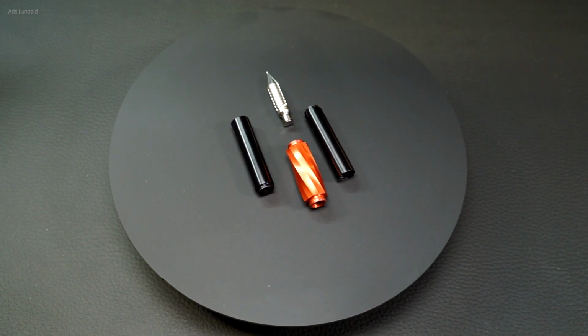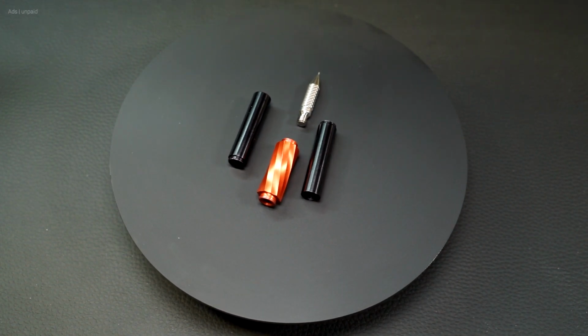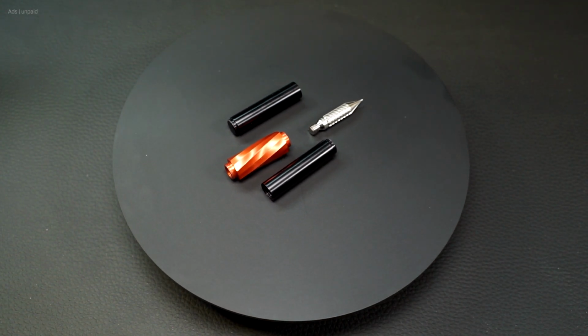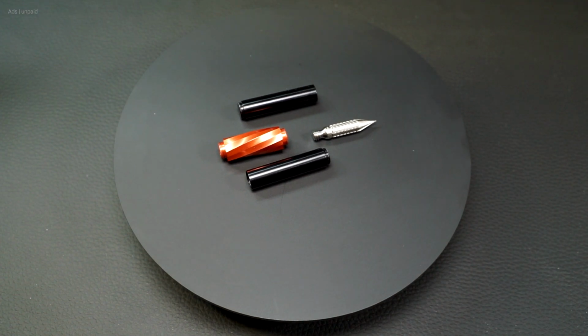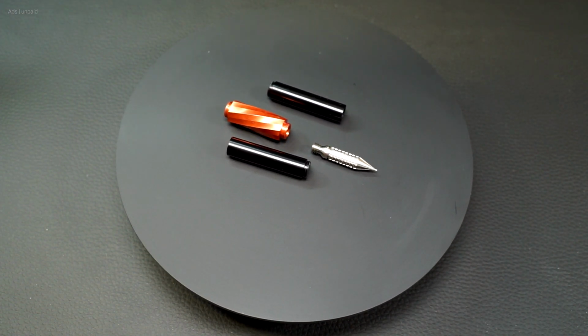Is it possible to recommend the Drillog? This is a bit of a tough one for me now. I don't want to advise against it, because I like the Drillog. But it is expensive. It is still suitable for my purposes, even if I would have preferred a medium nib